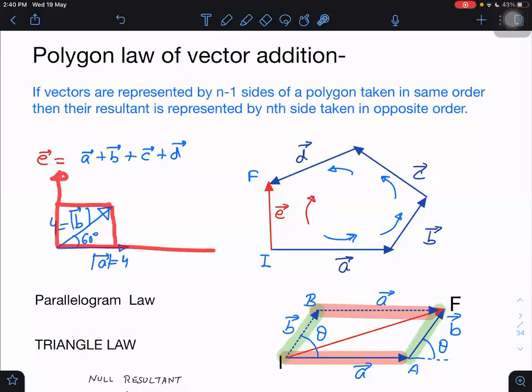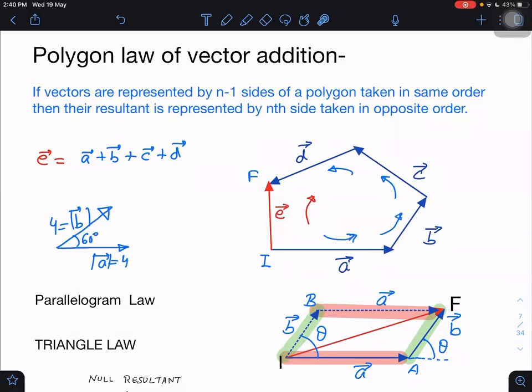What will the B vector represent now? If you know how to take the components, you can quickly tell me. 4 cos 60 degrees along i cap and 4 sin 60 degrees along j cap. So it is very easy. We can always convert into that form, provided angles are given. If angles are not given, then we cannot convert. But if angles are given, we can always follow that. Sir, here 4 sin 60 is what, sir?